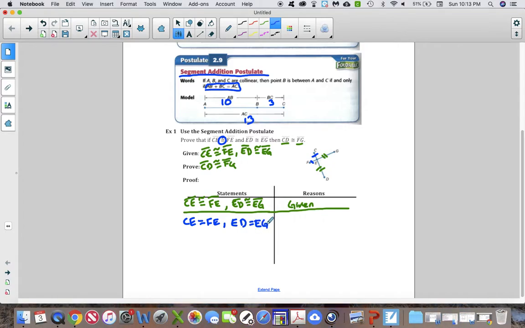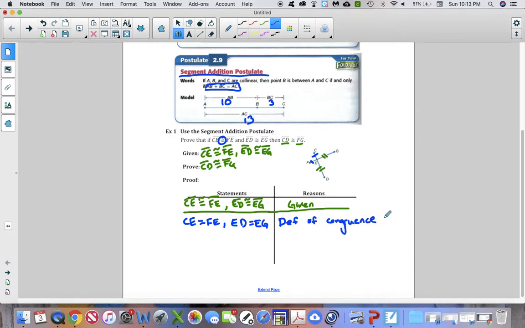So rather than saying that they are congruent to each other, same shape, same size, by saying that they're equal, we're saying that CE, the measure of it, is exactly the same length as what this guy is, and ED is exactly the same length as EG. So that's just one weird step, and you'll see that going forward probably a whole lot, but that is called the definition of congruence,